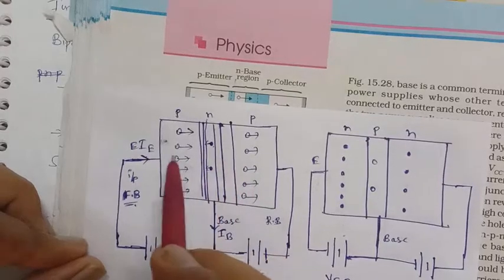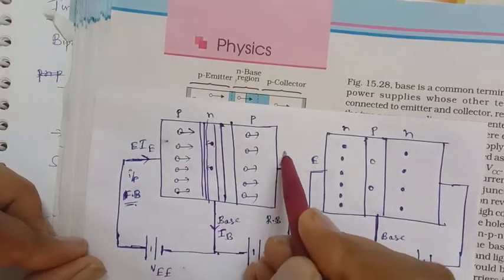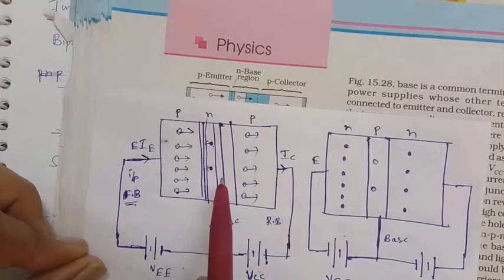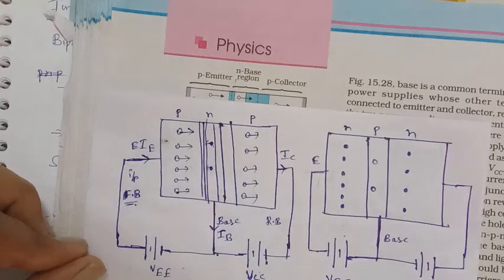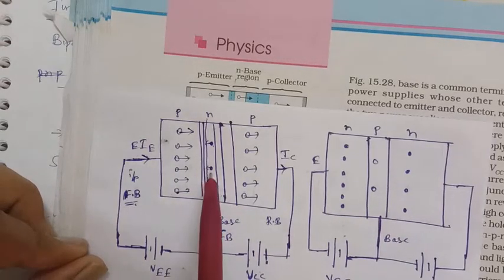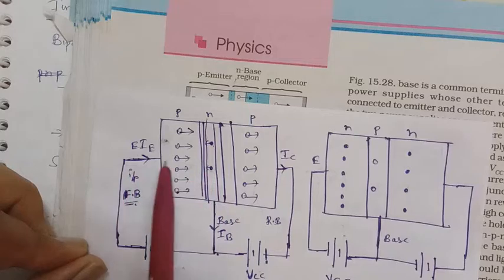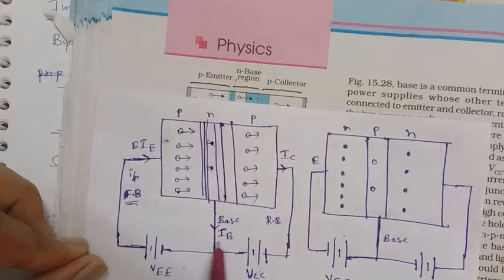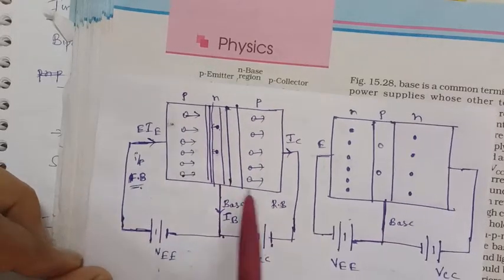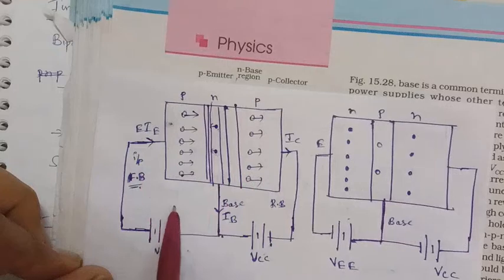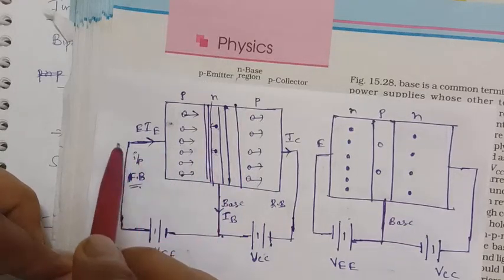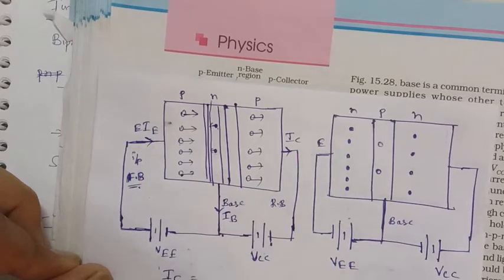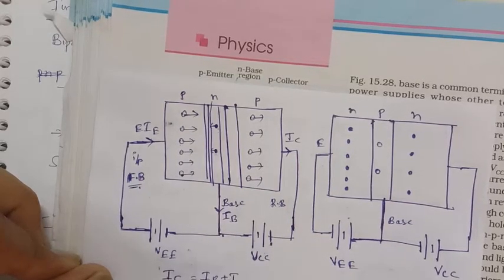Here it is the direction of the electron, then it is the direction of the collector current IC. So always the direction of the current is opposite to the motion of the electrons. In this direction the electrons are moving, and the outward direction is the base current here. So from this you have to apply KCL. It is the inward current and these two are the outward current. Then IE is equal to IB plus IC.